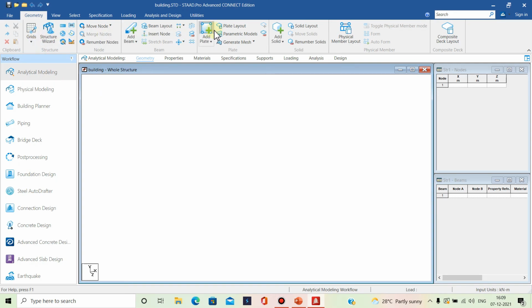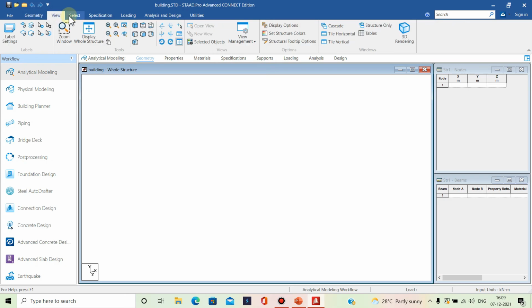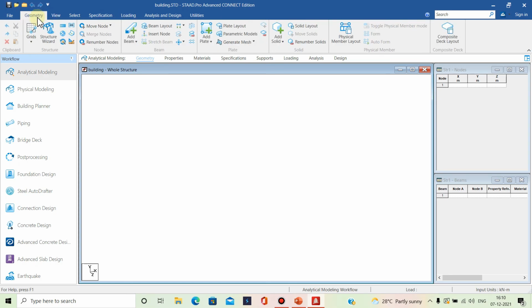Here you can see the final interface of STAAD Pro. Here some of the options are given: file, geometry, view options, select option, specifications, loadings. So lots of options are given here. We will see them later.